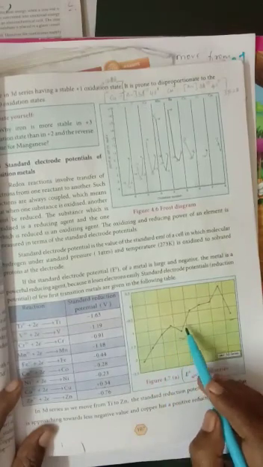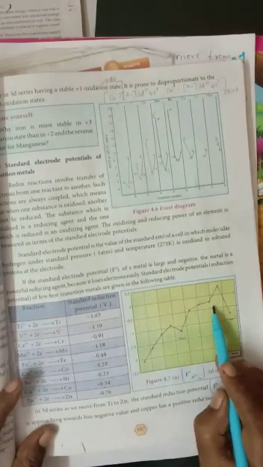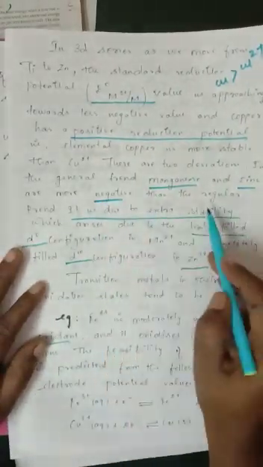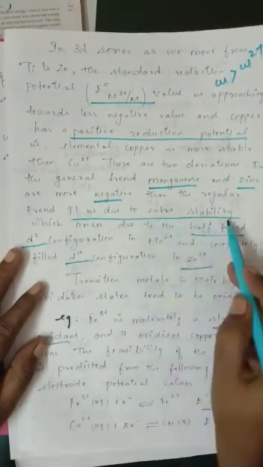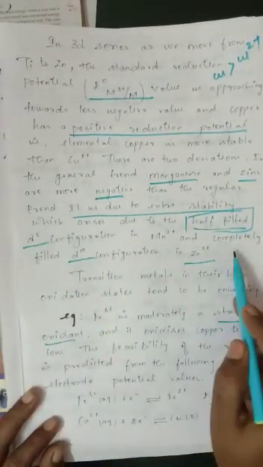One more example: if we look at the graph, 2 deviations occur. Scandium, titanium, vanadium, chromium, and then it goes down at manganese. Then again it increases: iron, cobalt, nickel, copper, a positive value. And again it goes down where zinc is placed. So manganese as well as zinc, these 2 deviations occur, because manganese as well as zinc are more negative than the regular trend. It is due to extra stability. What is meant by extra stability? Maybe a half filled D5 configuration, and Mn2+ is completely filled.